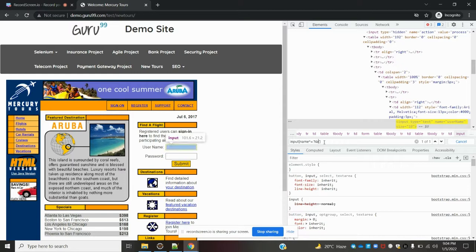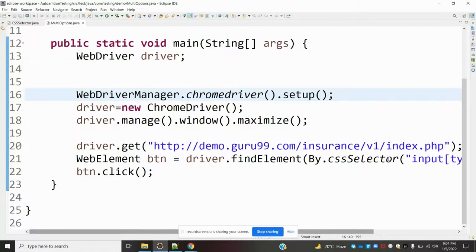So I changed the name to any value I gave, and it is still finding that particular web element. You can see the highlighted value and the count is also 1. These three ways we can identify and provide the value. For the last one, substring, I'm going to show you one example here.